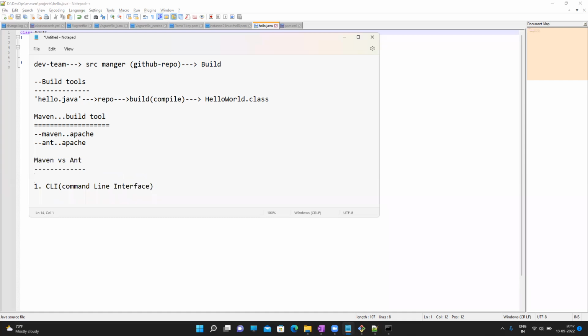Whereas Ant is script based. I will talk about what is CLI based and what is script based. Script based actually. So what is CLI based and what is script based is,